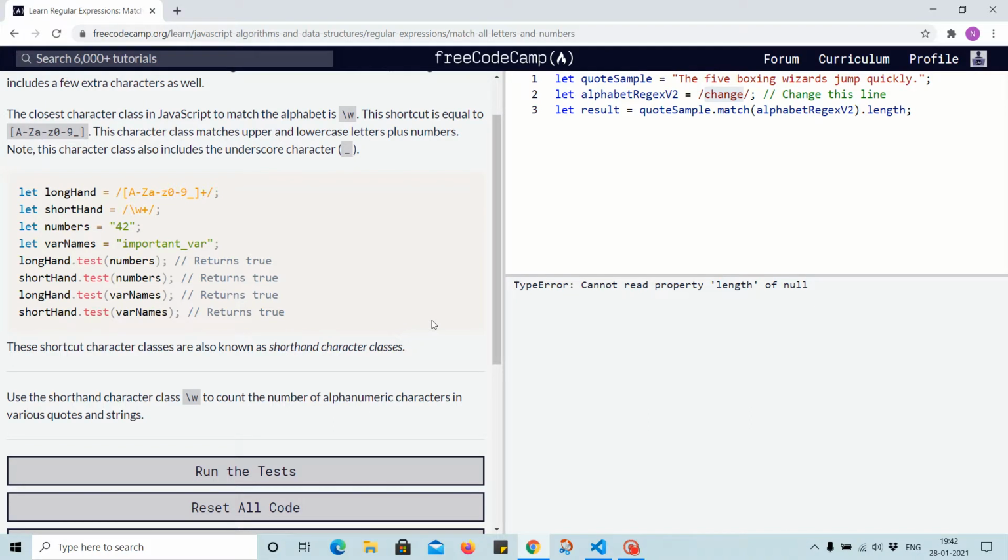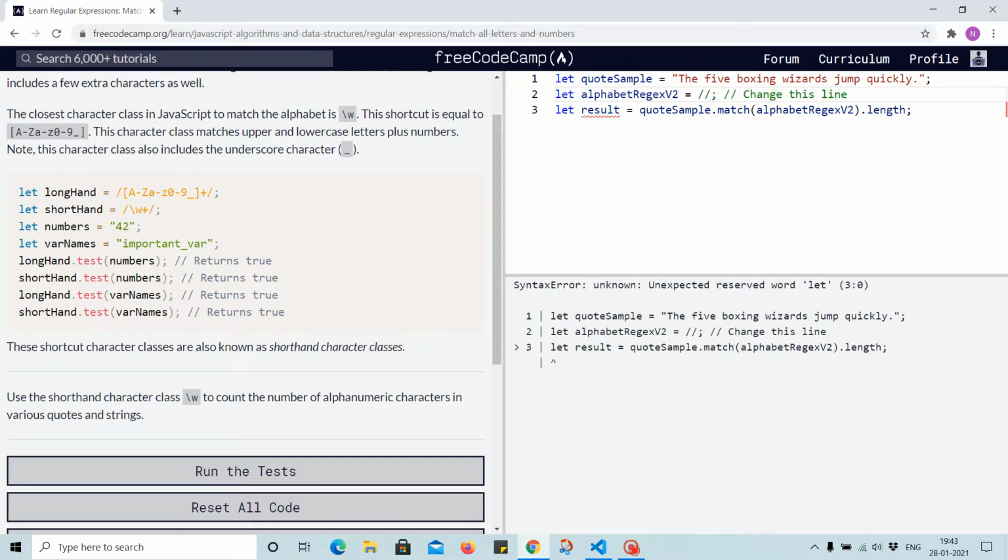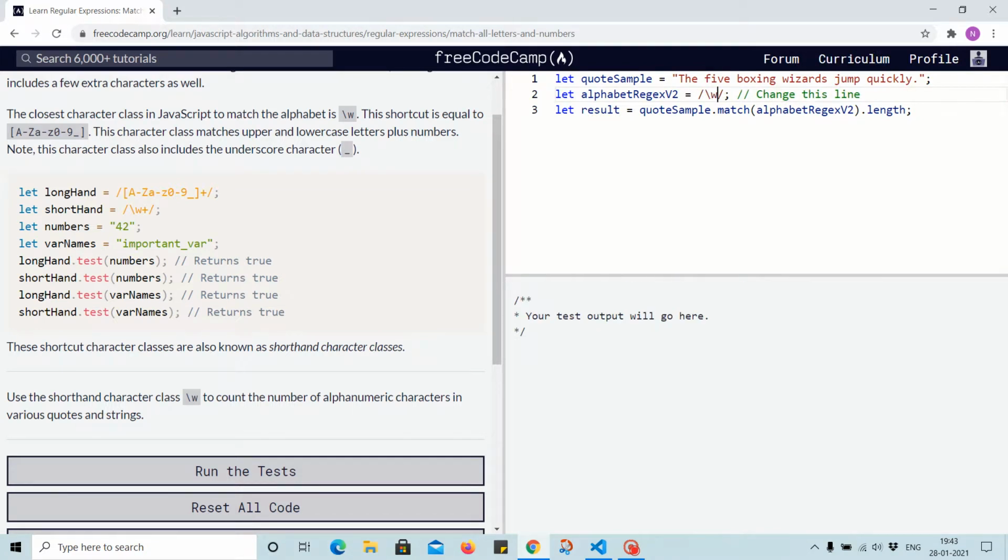Task for this challenge: use the shorthand character class \w to count the number of alphanumeric characters in various codes and strings. So in this case, what we need to do is use \w to check for the characters, and it should